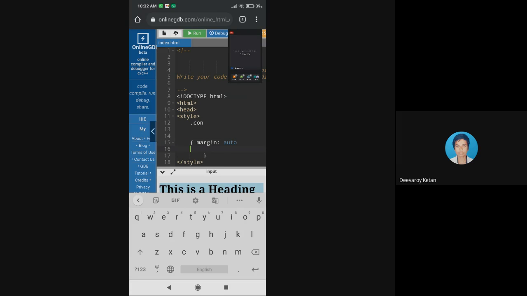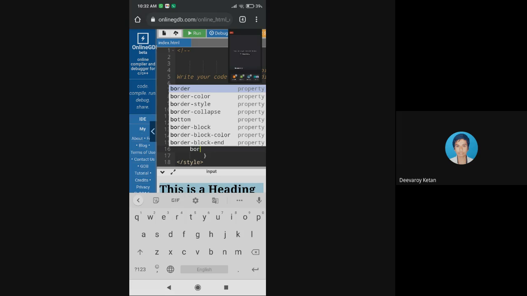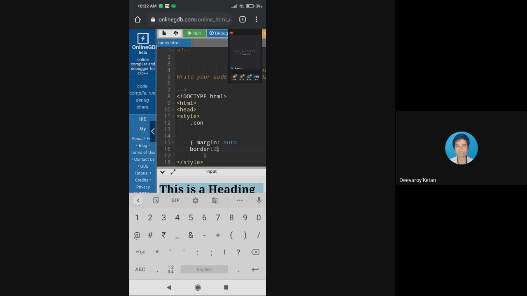Then I want a border for this, 20 pixel I'll say, and I need a border color for this. Everything we have seen, I'm telling all of that to you.